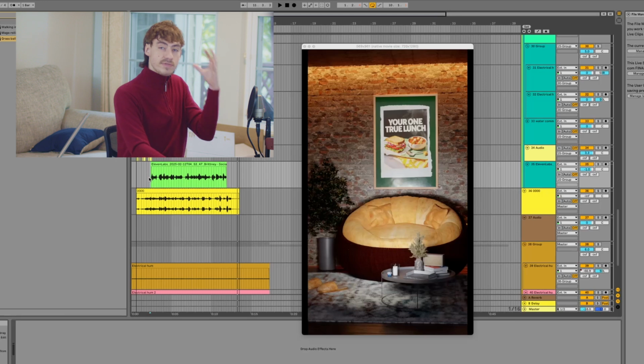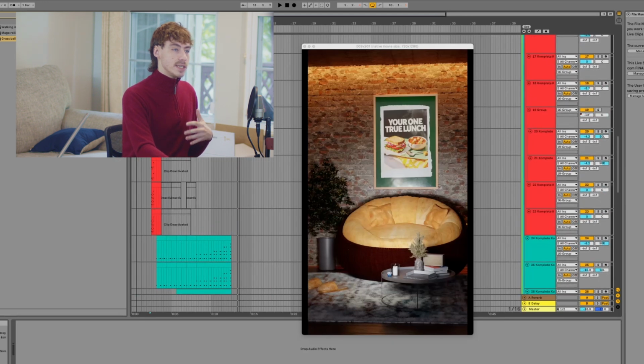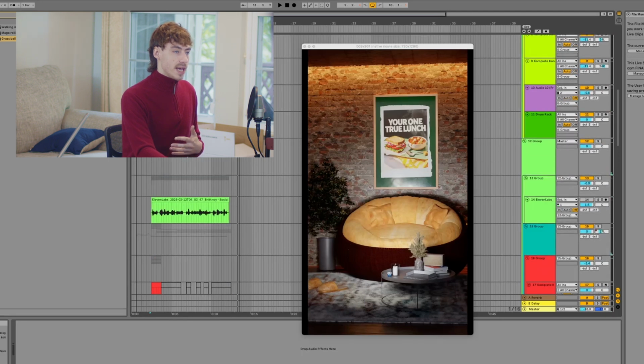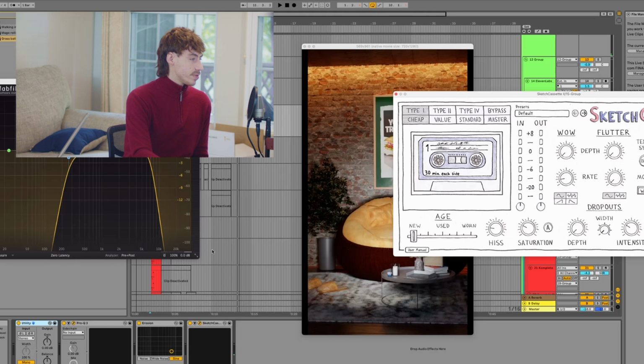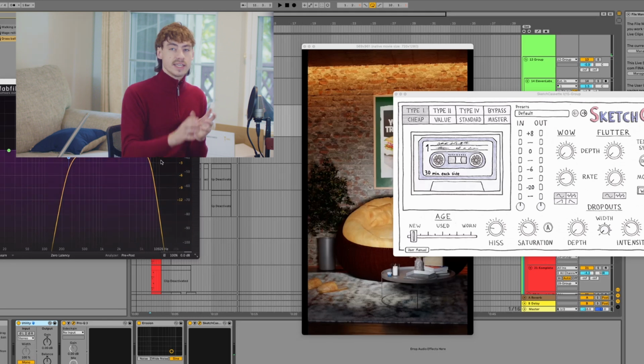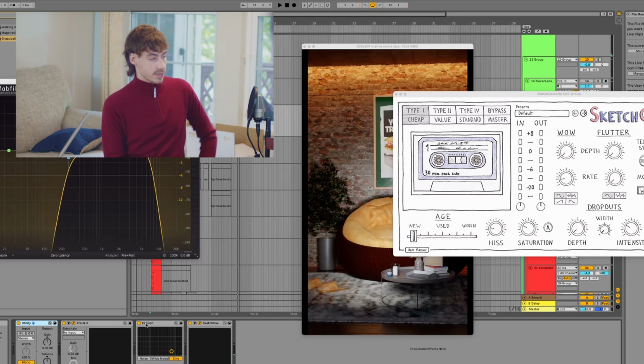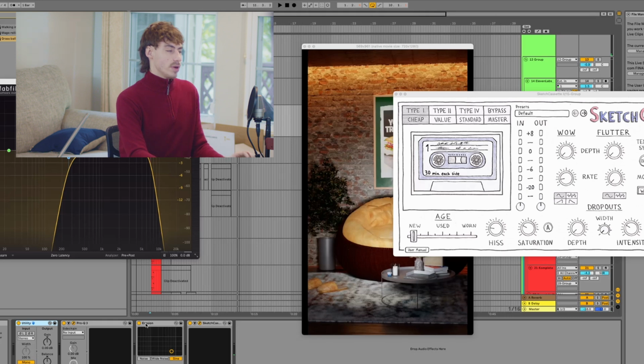And so the root of the whole commercial here is this vocal, and the idea is that it's coming from the TV. So to give it that TV feeling, I have this all going into this group here. To start things off, this Pro Q3 has this bass cut and this high end cut to give it that radio feeling. And then I have Erosion, which is one of my favorite Ableton stock plugins. It adds kind of a weird